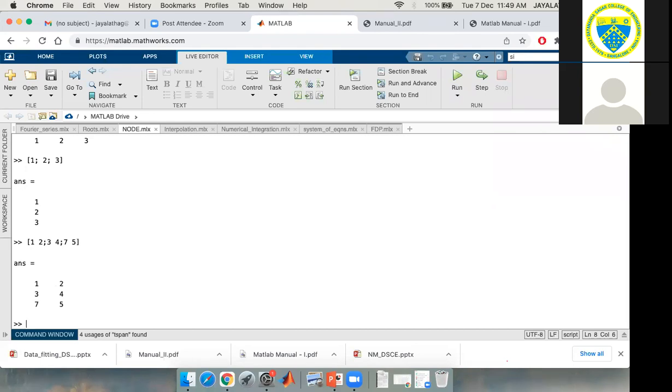There are 3 rows and 2 columns. So can you just see now how we represent a matrix using MATLAB?